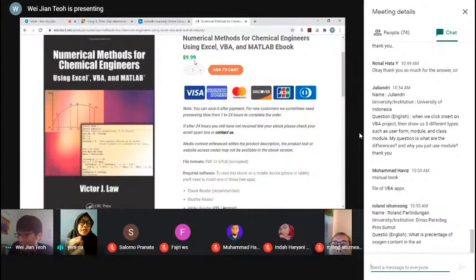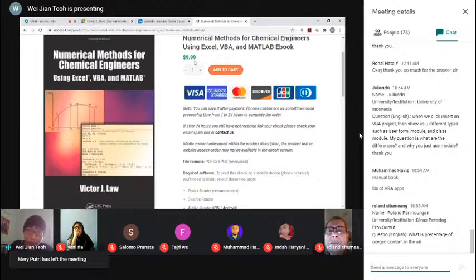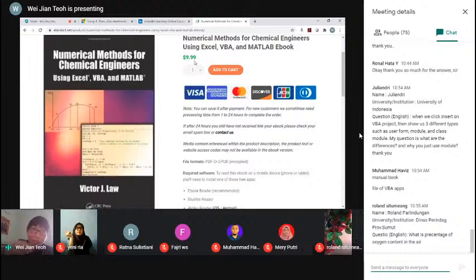Okay. So if we see the windows from the VBA and the MATLAB, it's similar, right? So what is the difference between VBA and MATLAB? Good question, right? I think MATLAB is something that you learn in a chemical engineering course. In most universities, even in University of Malaya, when I was a student, we learned MATLAB for calculations. So the main difference I would say is that MATLAB is designed for engineering applications. VBA is not designed for engineering applications. So that's the main difference.